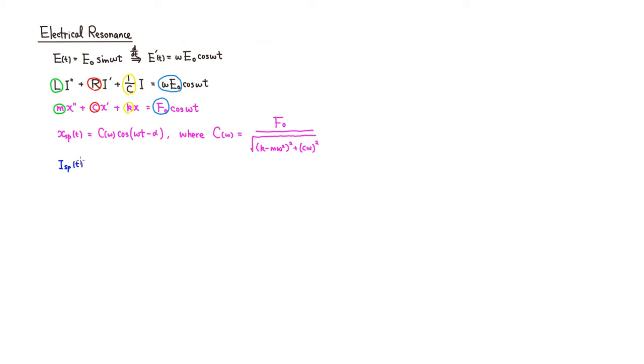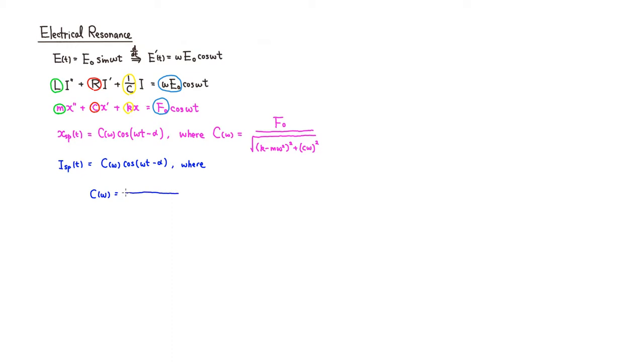It's going to be the amplitude function C of omega, then you have a cosine of omega t minus phase angle alpha. Let's try to rewrite this. So we're going to have C of omega is equal to